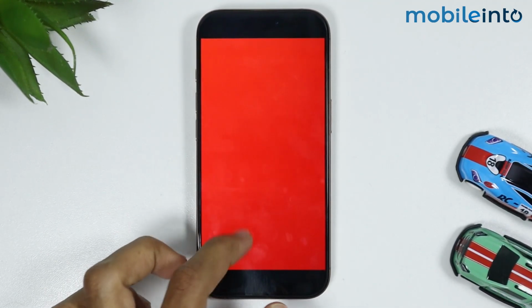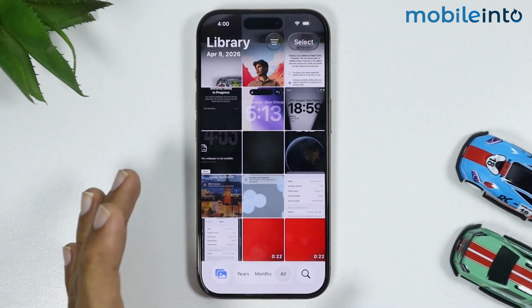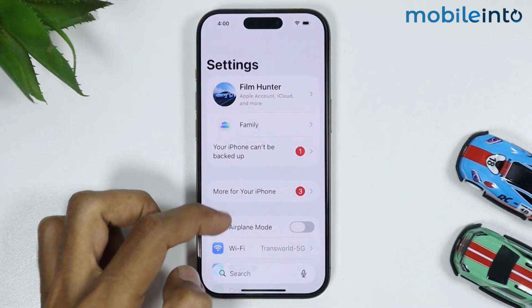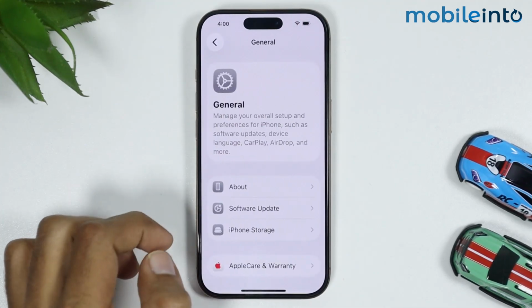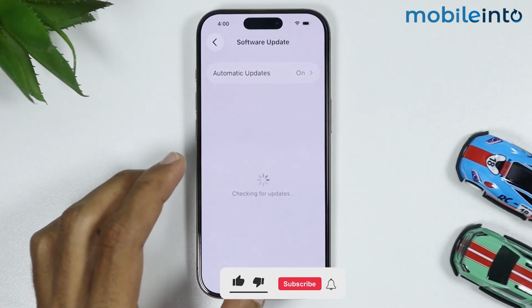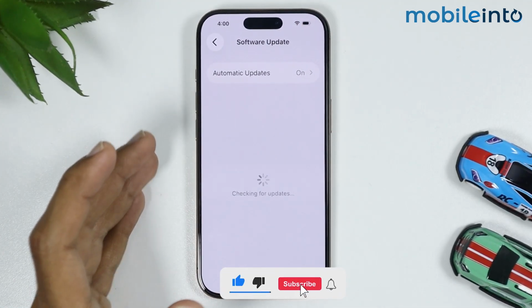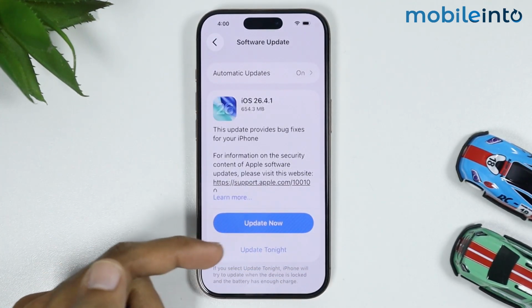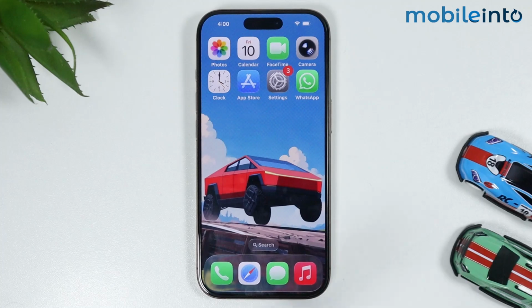But if your issue is still not fixed, then the last thing you can do is just go to Settings, and under Settings just tap on General. From here, just tap on Software Update and check if you have any update available or not. If you have any software update available, just tap on Update and update the software of your iPhone, as this could be a software glitch which will be fixed through a software update. And this is how you can fix the unable to load